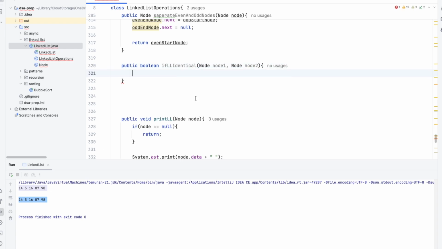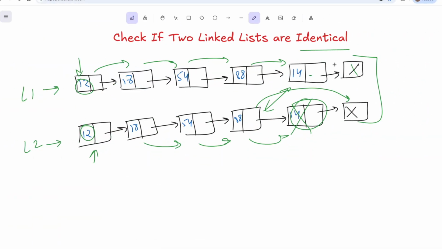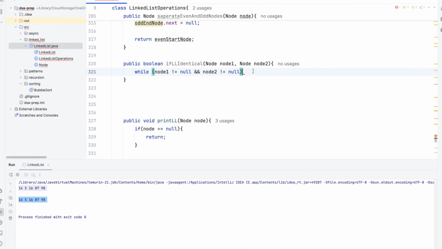Now in this, we need to compare until we reach the null node, right? We need to compare each and every element. So what we can do, while node 1 not equals to null, and node 2 not equals to null. Okay, we need to run this particular loop till we reach the end of the linked list, right? And then what we can do inside it,